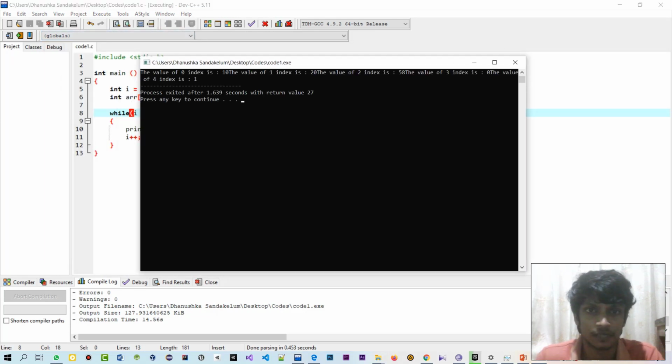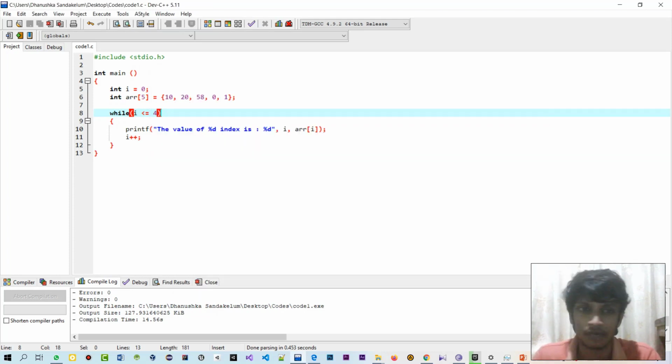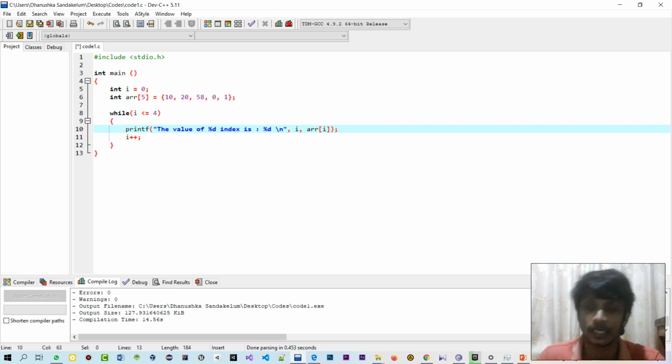So now the Windows CMD has been opened. Okay, so this is the output. The program is working, but it is not printing the corresponding lines line by line, because I haven't told the code specifically that it should print line by line. If you want to print this output line by line, you can use the new line escape sequence. If you add it like this, it will be printed line by line.